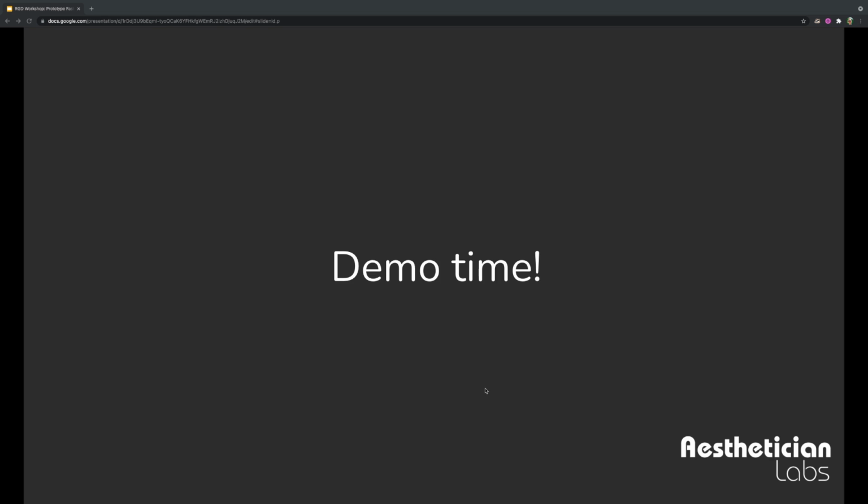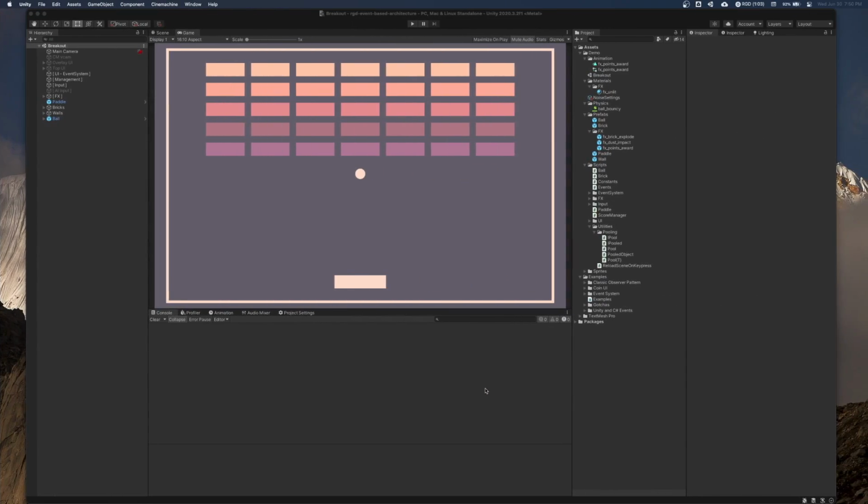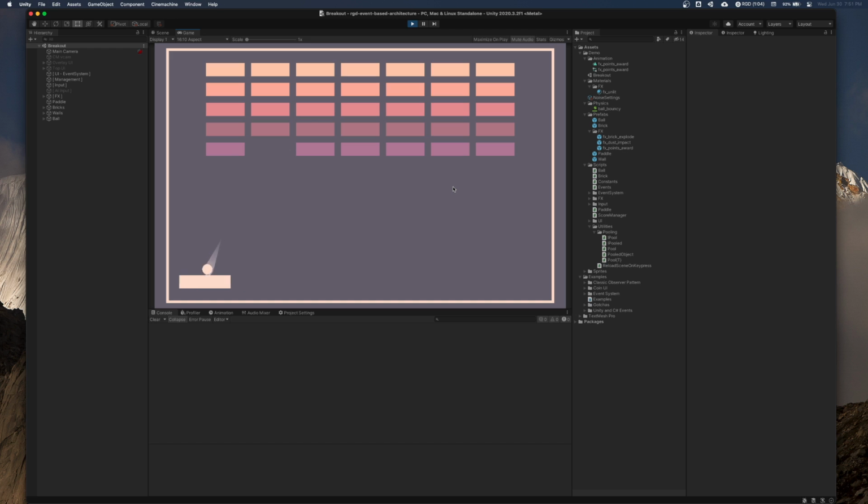So let's slide on over to a real demo in Unity. Now that I've hit you in the face with a bunch of information, fly over here. So here I have a breakout clone. Let me get my notes up. Yep. So here I have a breakout clone, and you see it plays mostly just like breakout. I can move my paddle, and I can break blocks, and that's pretty nice. That's pretty cool.